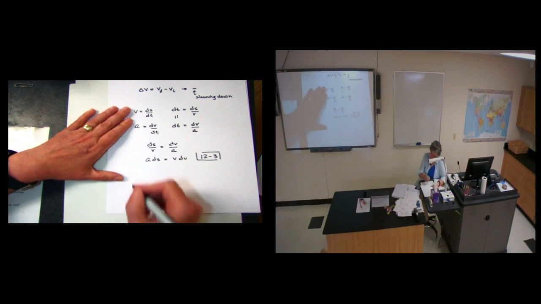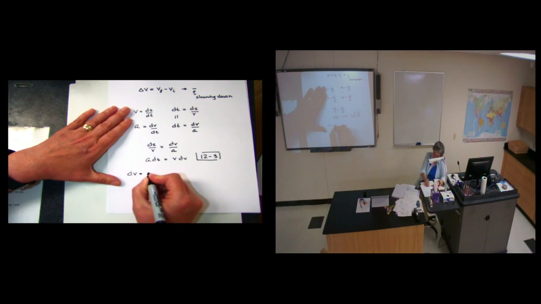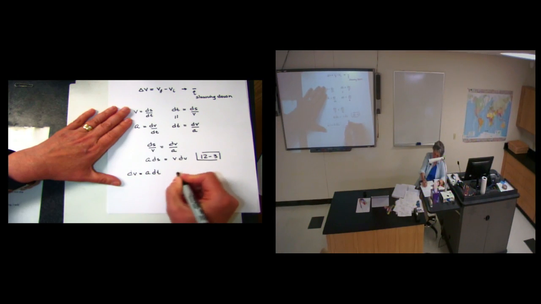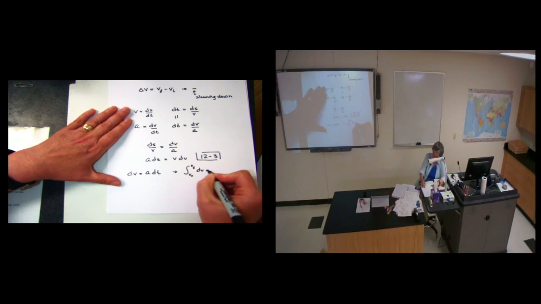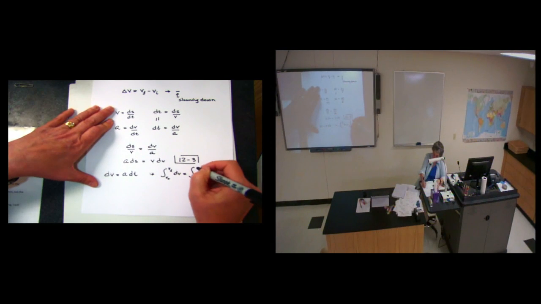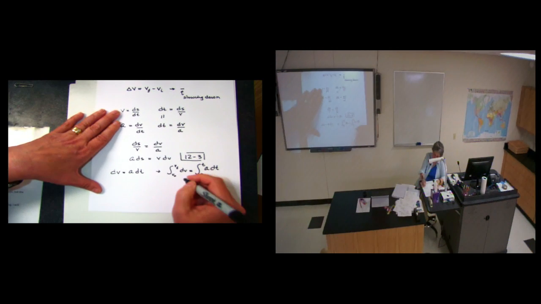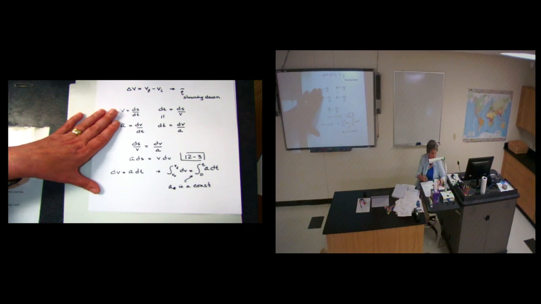And now we can do the same thing. We can go in and do the same other stuff. So I'll start with v is equal to ds dt. This gives me the integral of v dt is equal to the integral ds. I'm going from 0 to t, from s initial, but now I can plug in that v is v initial plus a t. This will end up being v initial t plus 1/2 a t squared equals s minus s initial, and this gives me 12-5.